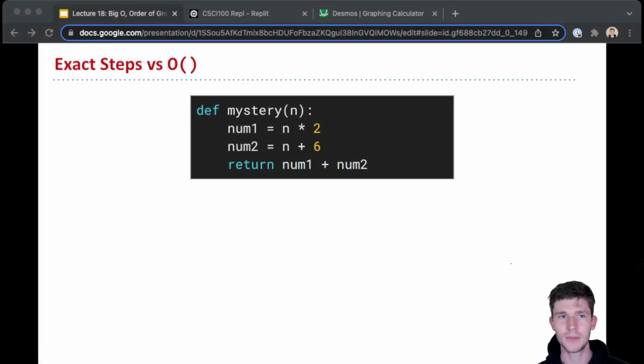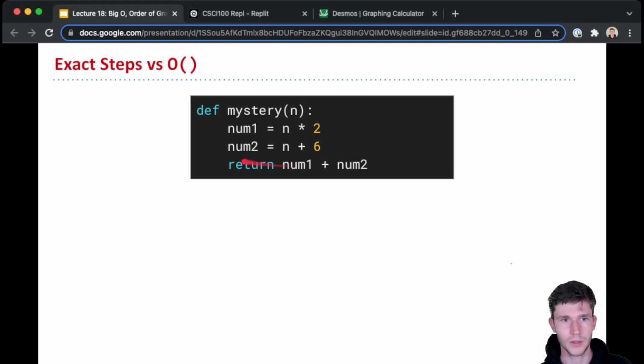Let's take a look at some examples now, side by side, of how we get from that exact step count, or exact number of operations count, to a big O runtime, or the order of growth. So here's a mystery function. It creates a new number, num1 equals num times 2, num2 equals num plus 6, and then returns the sum of